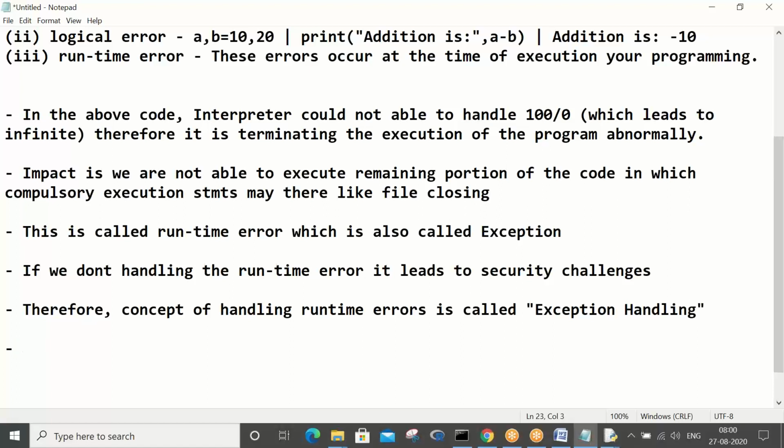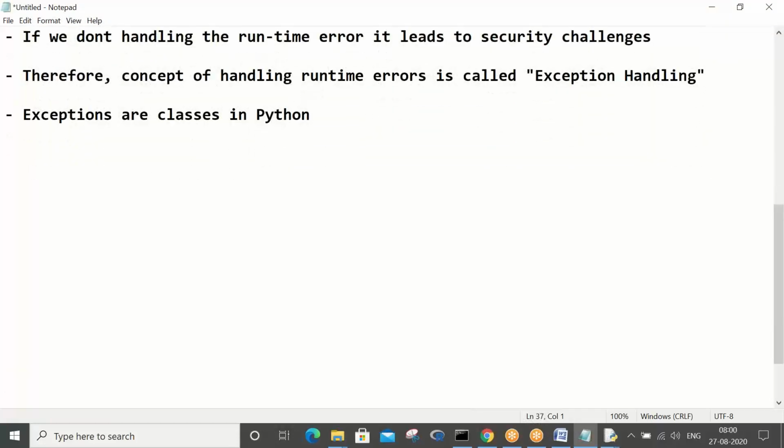Exceptions are classes in Python. So let us go ahead and see types of exceptions. We have two types of exceptions.